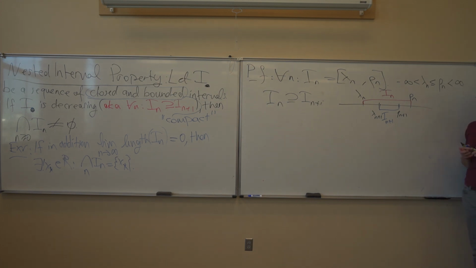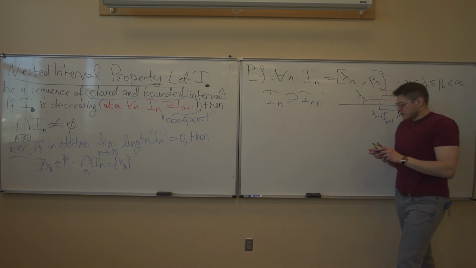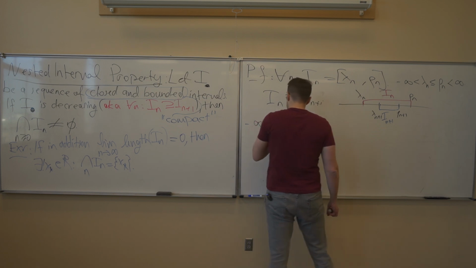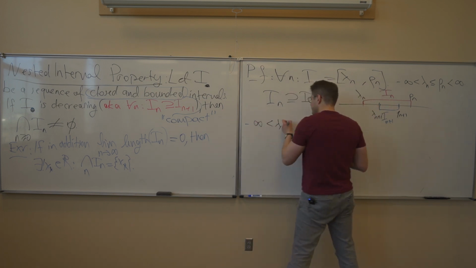Now, I drew this picture, but you have to be careful when you're drawing things, okay? Just because I drew it like this, it doesn't mean that rho sub n plus 1 is strictly less than rho sub n. Maybe this blue interval, the smaller interval, is flushed this way. All I know is that it's in there somewhere. But in any event, that's going to be sufficient because, well, looking at the left endpoints,